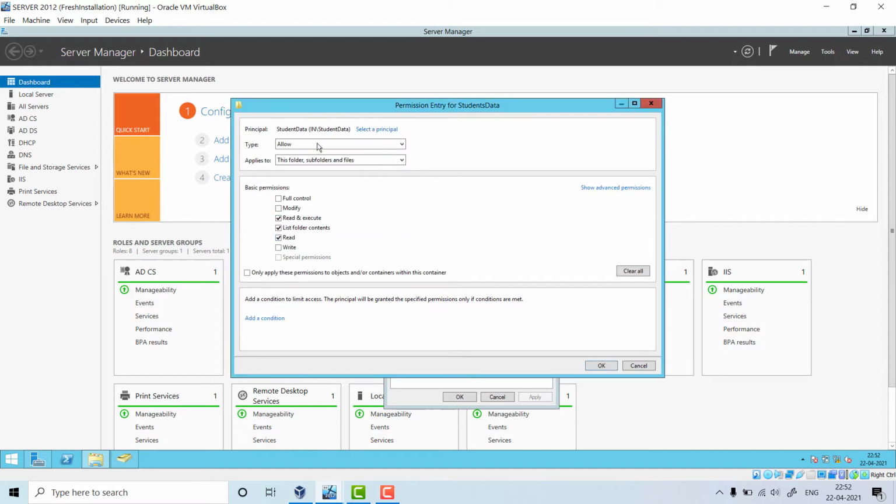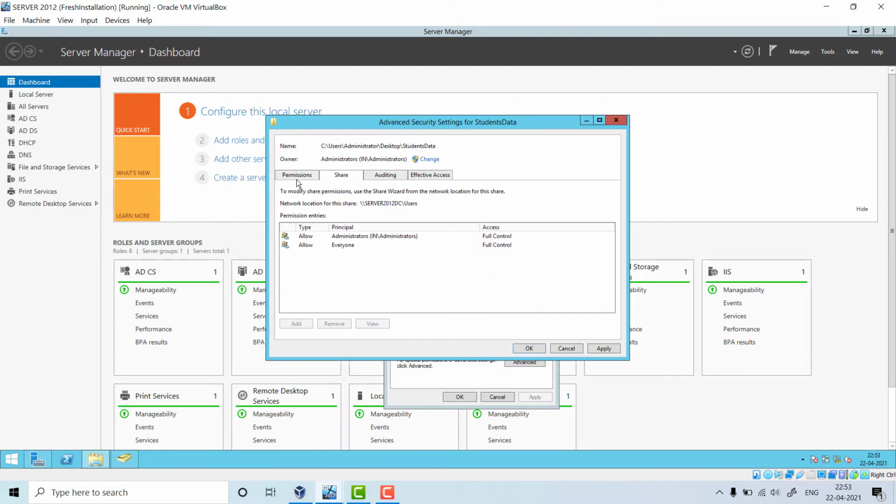Type: allow, we want to allow it. Now what we are going to do, this folder and all the subfolders. We want to allow access to this folder, but I want only the read operation, only read operation to this folder.